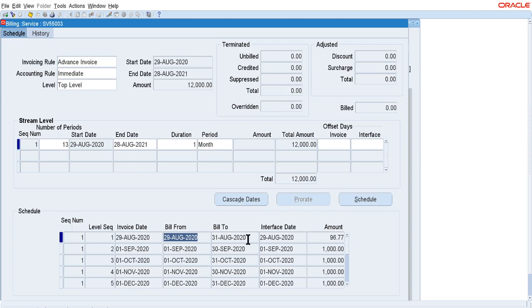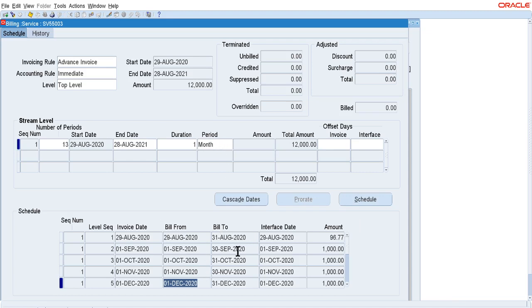So the first invoice will be created from 29th to 31st August, and then from 1st September to 30th September, from 1st October to 31st October, and this way it will move. In the last line, it will be created from 1st August to 20th August, right? By this way the billing will be created.